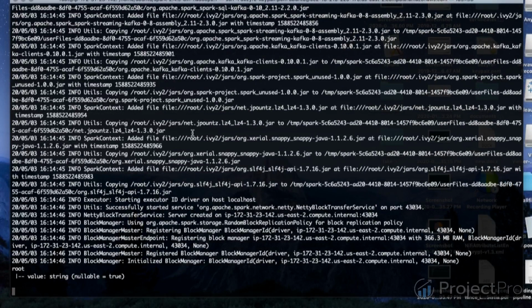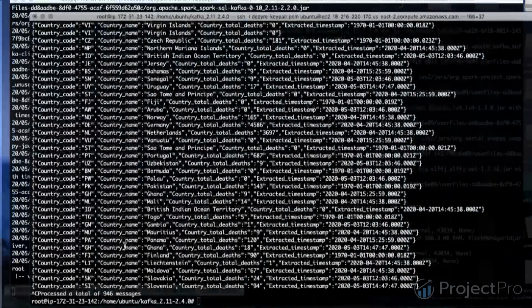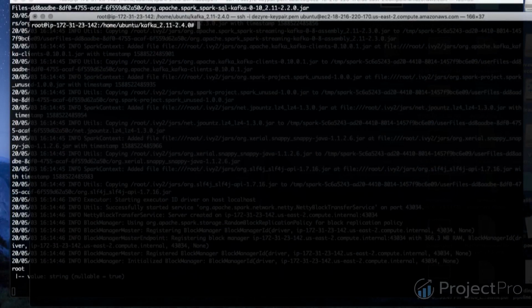So this program is currently running. It's waiting for something, maybe it's writing to the Kafka topic. Let's see the output data in it. So again, we go into Kafka, open another console, go into the Kafka package, and give the Kafka console consumer command with bootstrap server, from beginning, topic desire out.